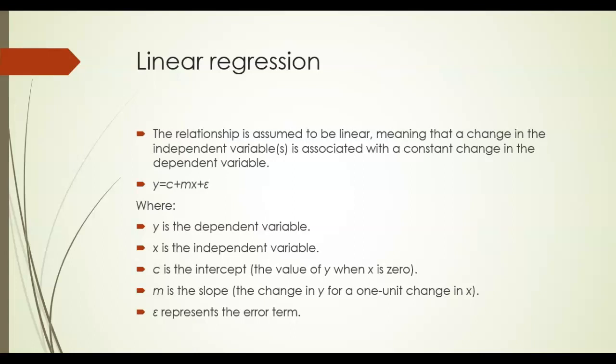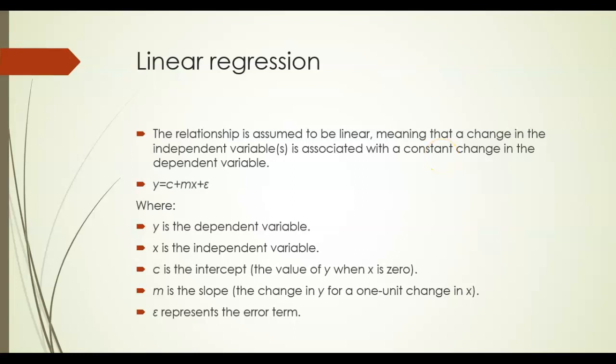Normally we start with some assumed values of m and c, we calculate y, and then we find the error between the predicted value and the actual value. Based on this error we adjust the values of m and c, and we try to reduce the error. In this way we fit the line, and once the line is fit, we have the values of m and c. Then for any given value of x, we can find y, which is our predicted value. So if you give any new value of x, and if the data has a linear relationship, then y can be predicted by this equation.